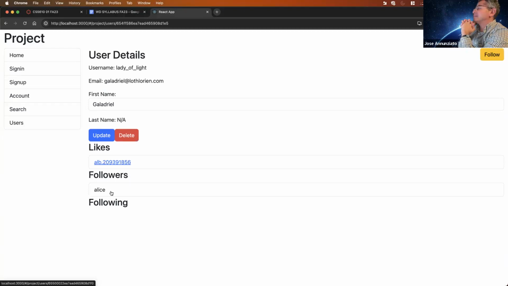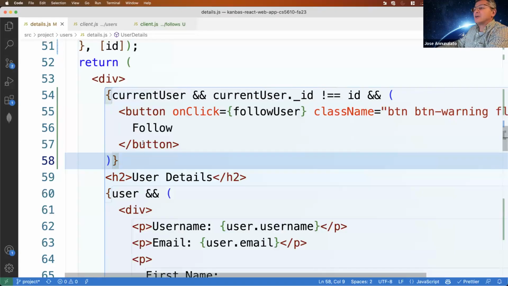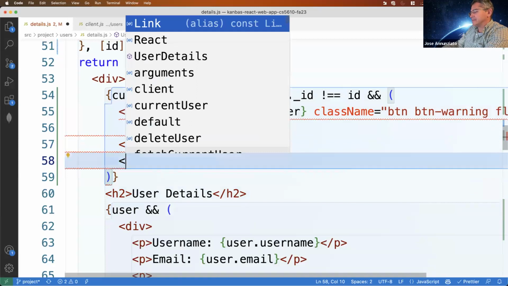Wait, did I? Lady Galadriel? Yes, I am already following her, so I should not be able to follow her again. I would instead display unfollow. So actually in this case here, I would have both buttons, the follow button and the unfollow button. So let's have here the unfollow button.